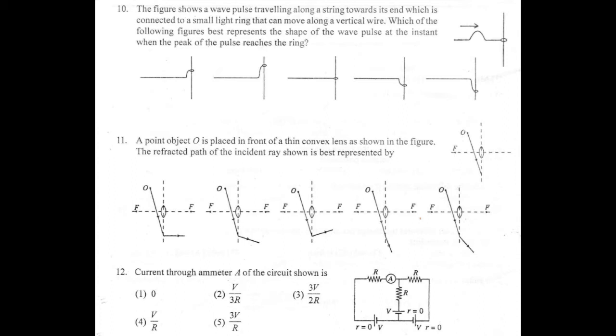Question number 11. A point object O is placed in front of a thin convex lens as in the diagram. They ask for the refracted path of the incident ray given in the diagram. Now in the diagram they have given only one focal point of the lens, and you can draw the other focal point of the lens at the right hand side of the lens. And to trace the refracted ray of the given ray,